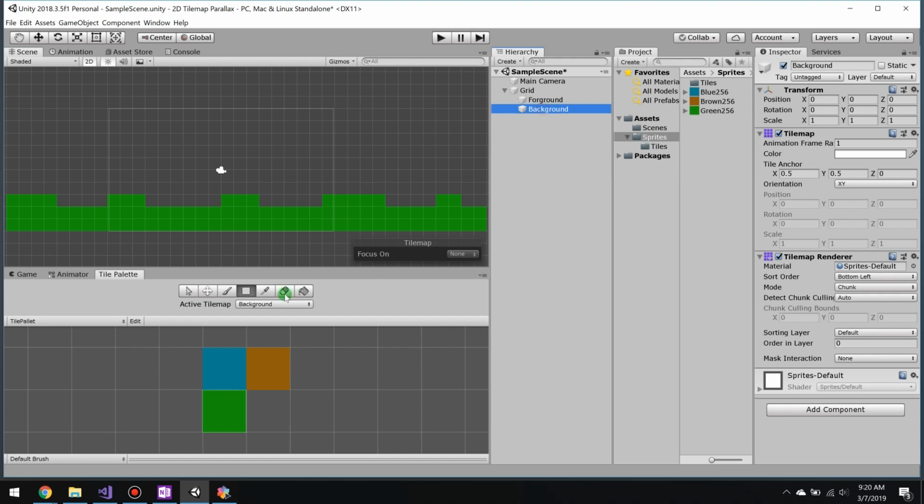Now we're going to go to the background and make sure we're on the background. What I'm going to do here is I'm going to go ahead and use the brown, and we'll go ahead and create something that looks like buildings. You'll notice here that we're covering some of our green. We'll go ahead and fix that by changing the rendering layer